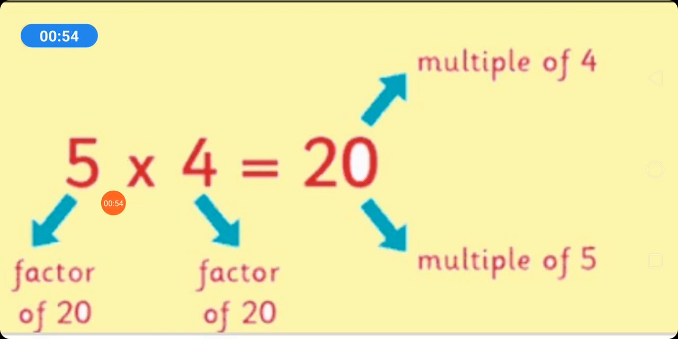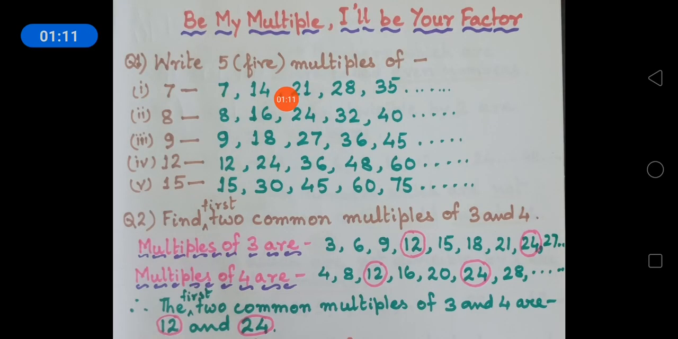In the same way, 5 also divides 20 completely. There will be no remainder. So, 5 and 4 are the factors of 20, and 20 is the multiple of 5 as well as multiple of 4. Now we will solve some question answers,